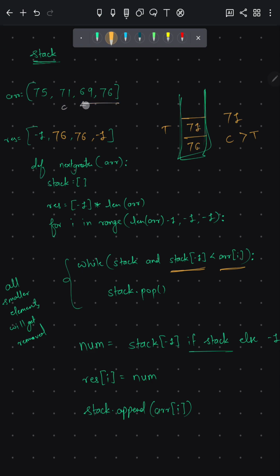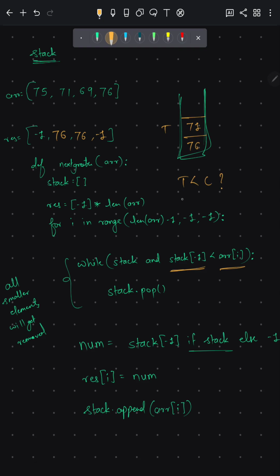Okay, great. Now again, our current element is 75, stack of top is 71. Okay, is this right or wrong? Is this true or not? So stack of top is less than the current element. We are going to check this condition. Top is what? 71 is less than 75.